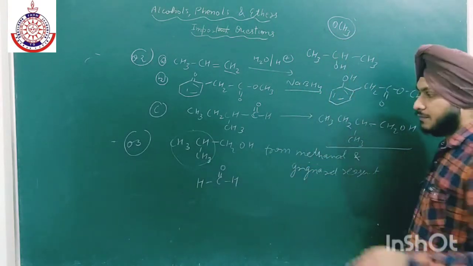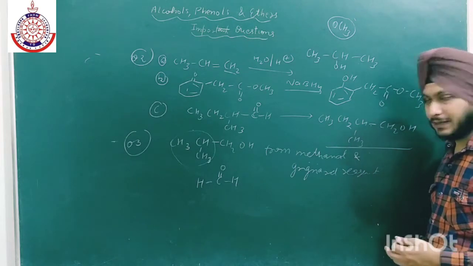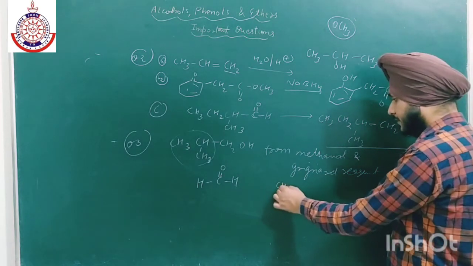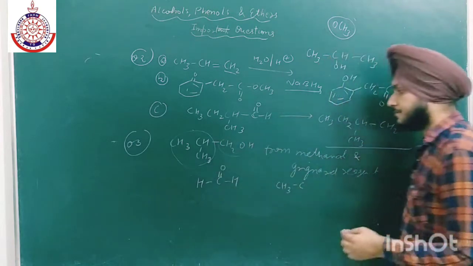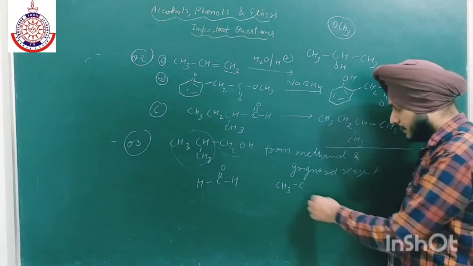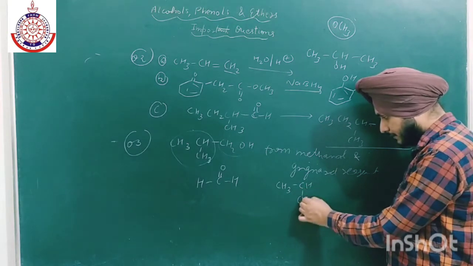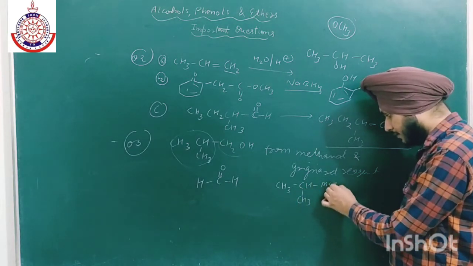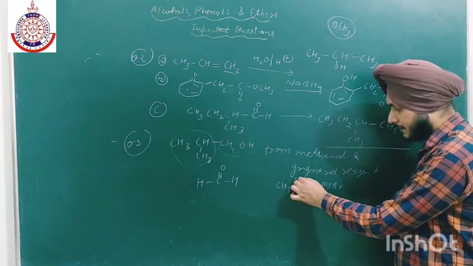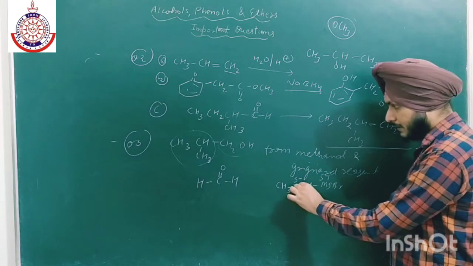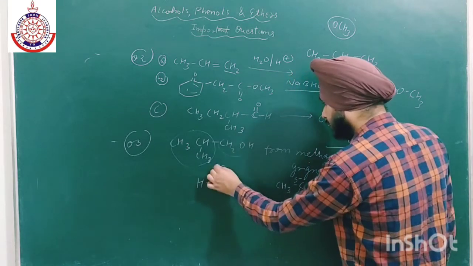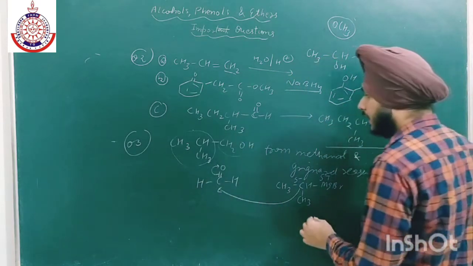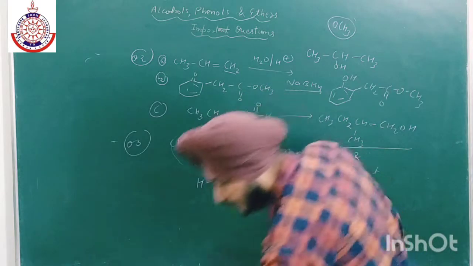Now what kind of alkyl group is present in Grignard? It must be like this, because this part is from the aldehyde part. So the group will be like this, MgBr. Then here we have partial negative, partial positive, and this will attack over here, and this bond will shift over here.